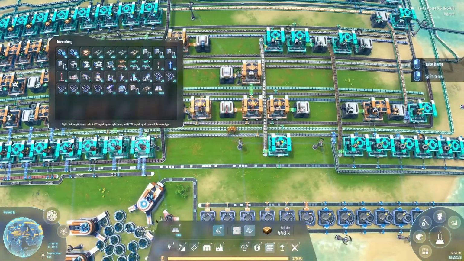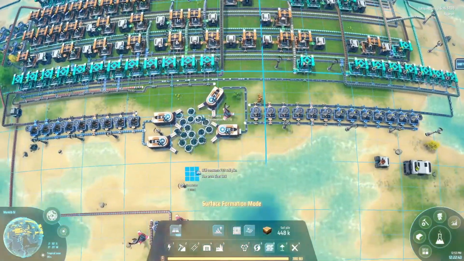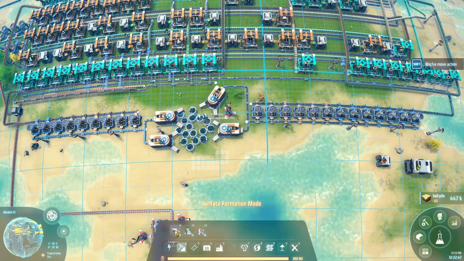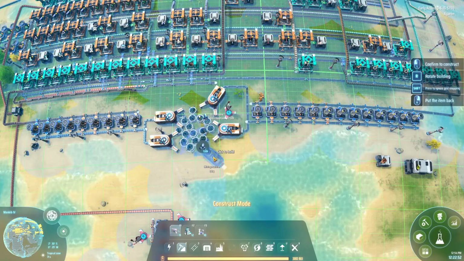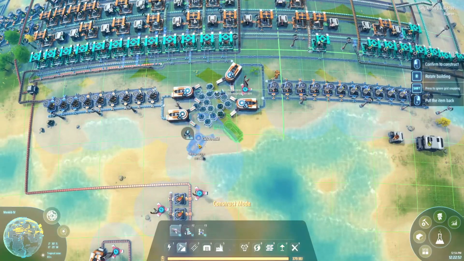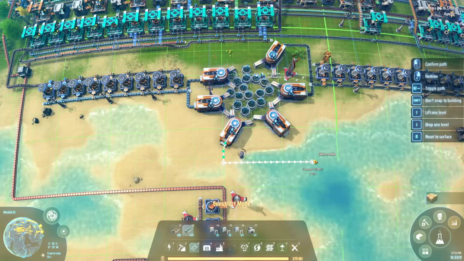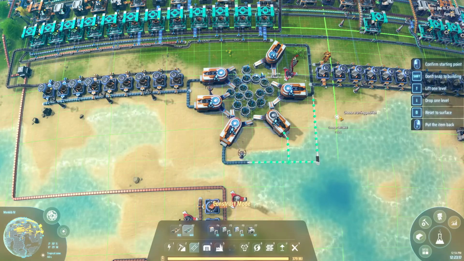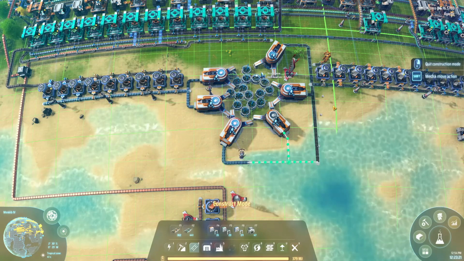Okay, there we go. Foundation support. Pull down, we can get maybe 2 more miners in. Connect to there, connect to there. This should double the